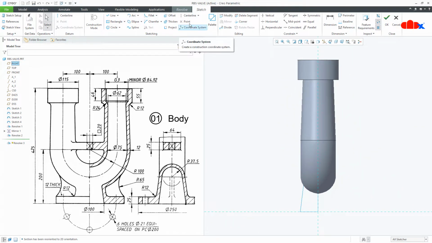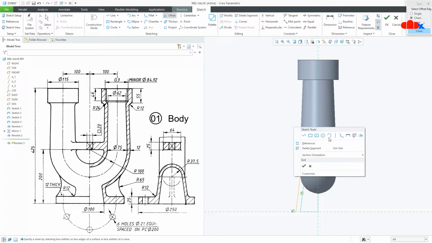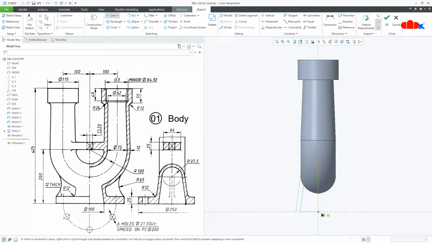Now this time go for offset and go for chain. Select this line with this arc, accept it and the offset value is 12. Draw the line like this, come this side, go up and close here.